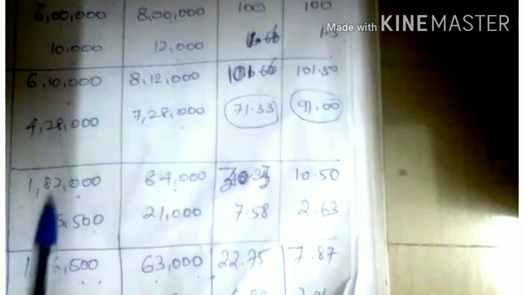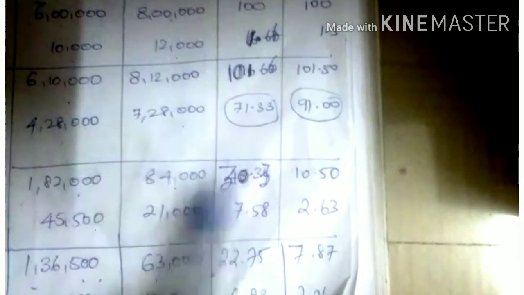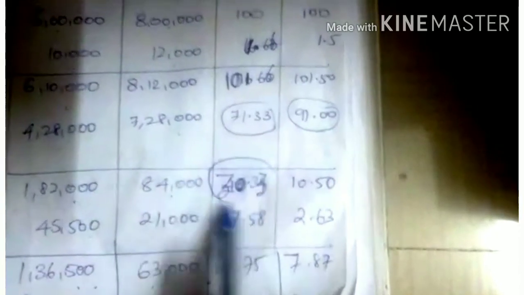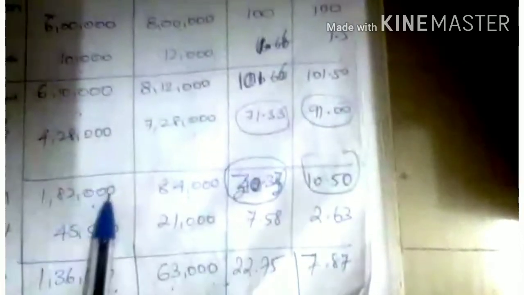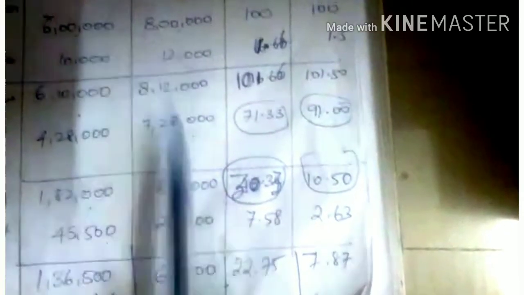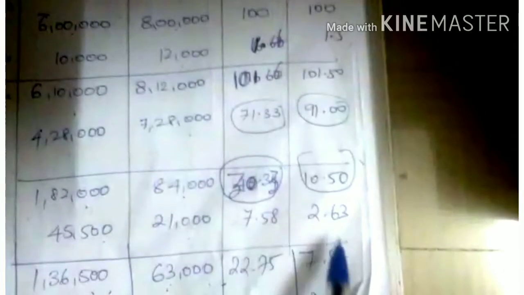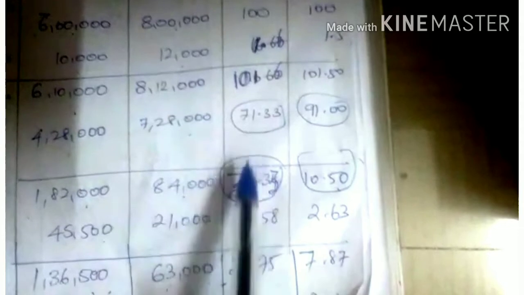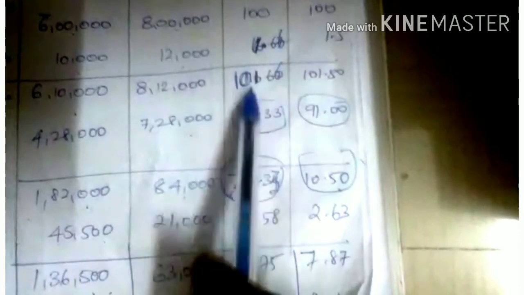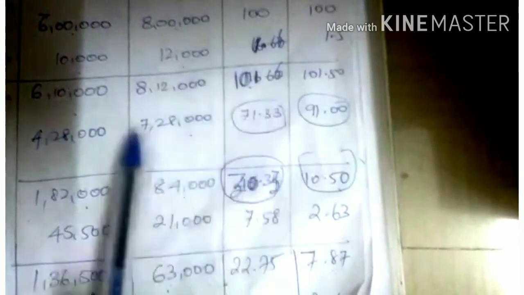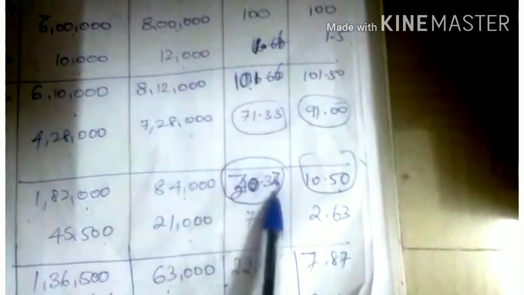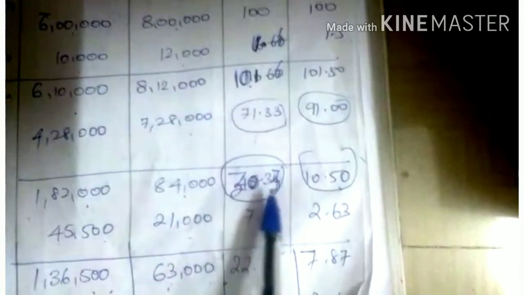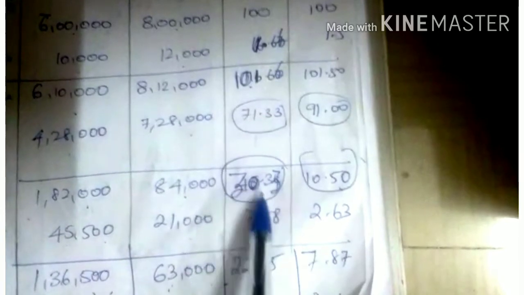When you do it the same way in your calculation, you can cross-verify whether you get it correctly or not. How, sir? Similarly here 1,82,000 divided by 6 lakh, then 84,000 divided by 8 lakhs. We get the same figure, 10.50. But you don't need to waste time here. Deduction is very easy: from 101.67 deduct 71.33, you get 30.33. So we need not work this out in our workings, but we can do cross verification.